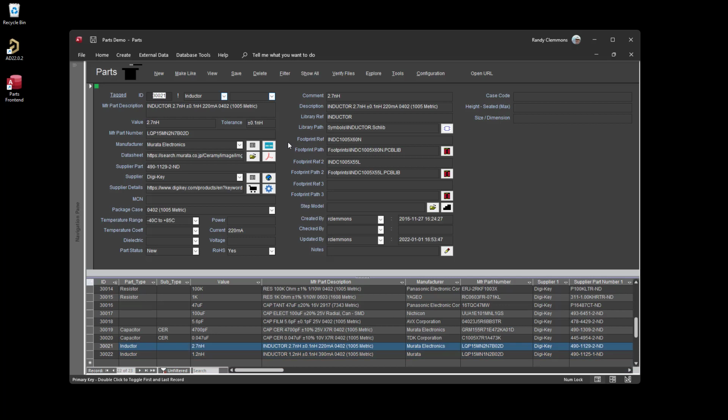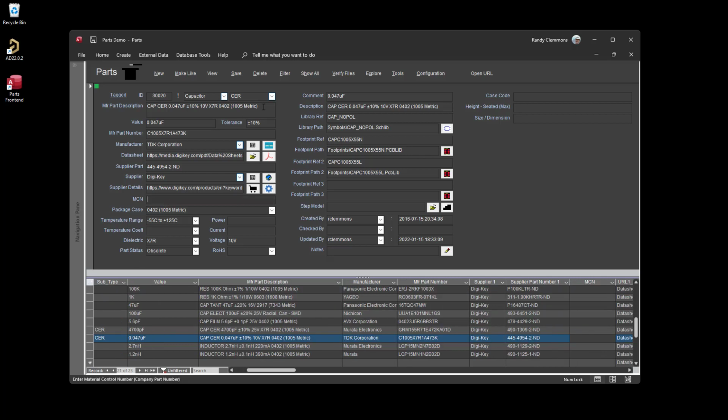Let me get back to one of those capacitors. But anyway, the way it rebuilt the field is all of this data is here somewhere below. If you look at it, the 0.0047 microfarads is here. The tolerance is here. The voltage is here. The package case is here. So all of that was just rebuilt